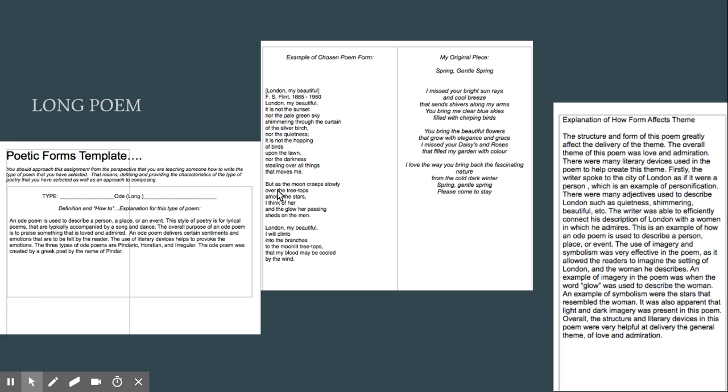statements such as the glow of her passing, I will climb into the branches of the moonlit trees, that blood may be cooled. There's just so much imagery and words used in order for the reader to imagine the background and the setting of the poem. And that was what I initially thought to use in my poem as well for Spring, Gentle Spring. I used many words such as breeze, bright sun, clear blue,